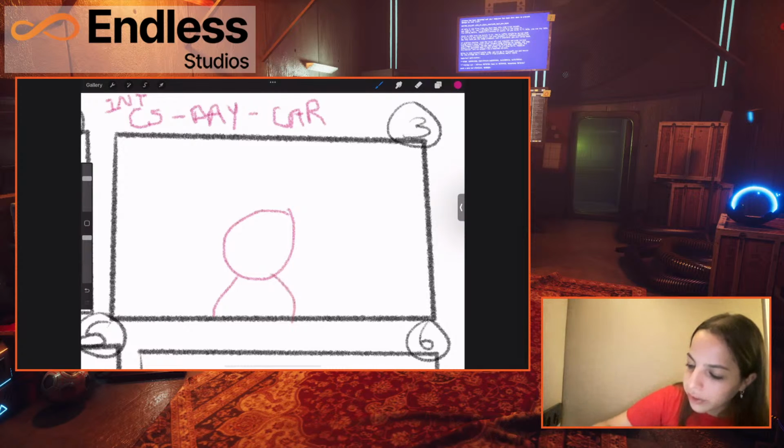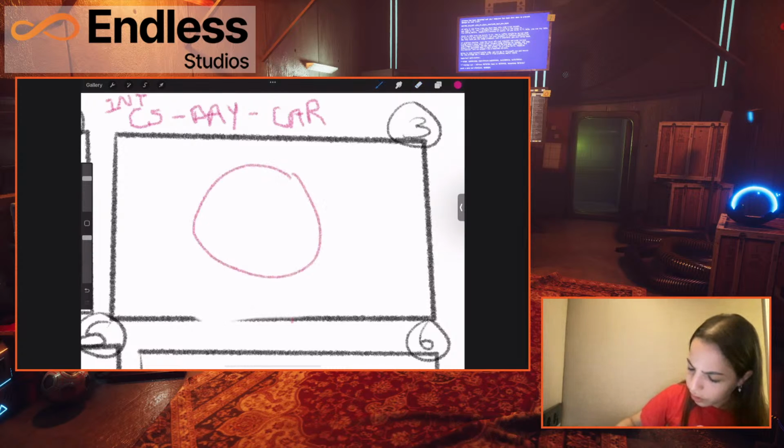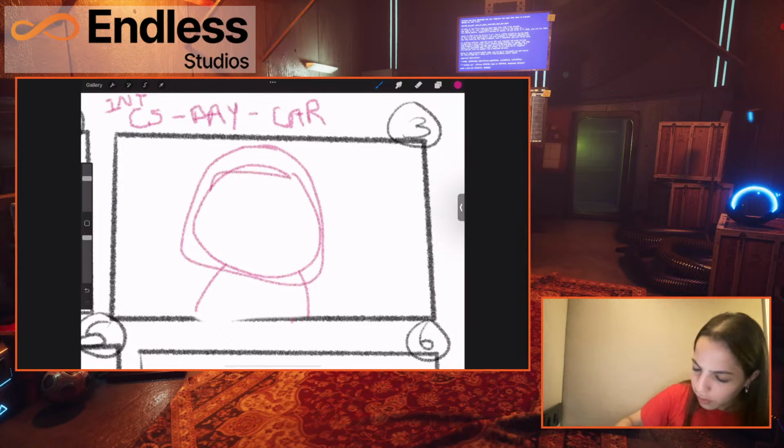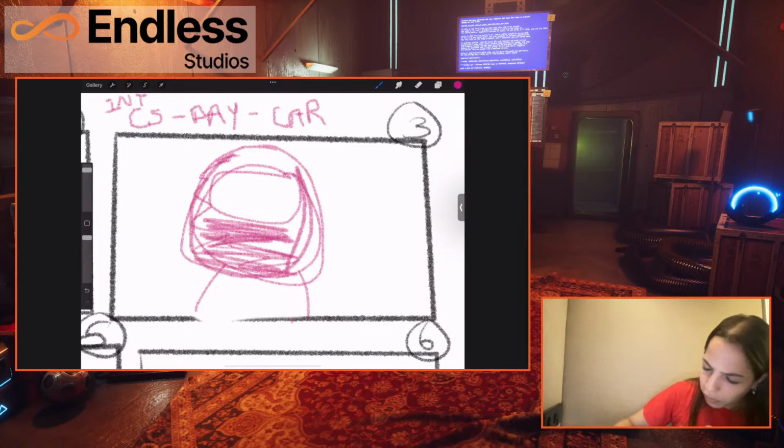Actually, they need to be a bit bigger than this. This is our driver. You can see their face. Let's say they're wearing a helmet, so everything here is kind of shaded out. So our driver is wearing this helmet.